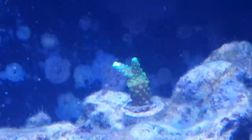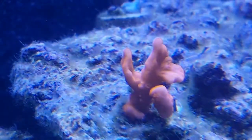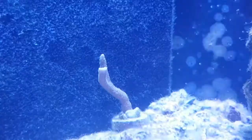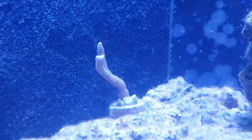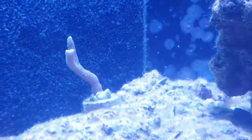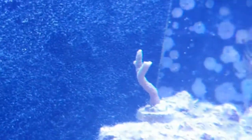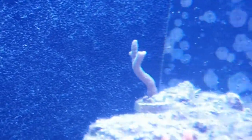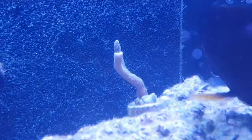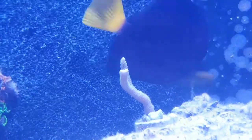This acro at the back here is doing real good. The Setosa is doing brilliantly, and I love this coral. Digitata is starting to grow real fast. I've considered moving that over to, well, just somewhere else. I probably won't, just because I worry that every time you move any coral, it knocks them back so much that I don't know whether I'm going to bother, but it's in the back of my mind that I might,